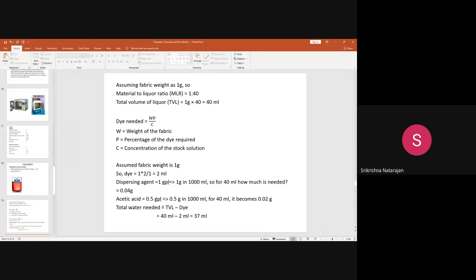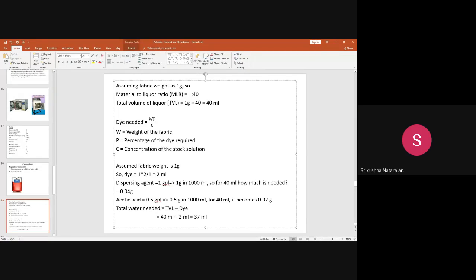Total water needed equal to TVL minus डाई. ऐसा नहीं है, जो भी केमिकल आप लिक्विड फॉर्म में लिया उसको सब्ट्रैक्ट करना है. Water minus liquids. केवल इसमें क्या है? केवल आपने dye only you have taken in the liquid, बाकी पूरा you have taken in this solid. You can see here acetic acid you have taken as a solid. This also you have taken as, though the material is liquid in nature, you have weighed it. You have not, you have just taken the weight and you have not taken the volume. Okay, so just to subtract this, so that you will get 38 ml.